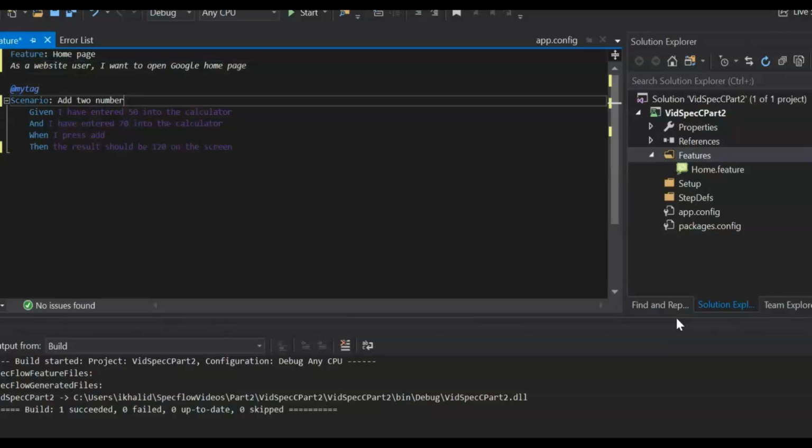For the scenario, I can add some description, something like launching the Google homepage. And then for the steps,